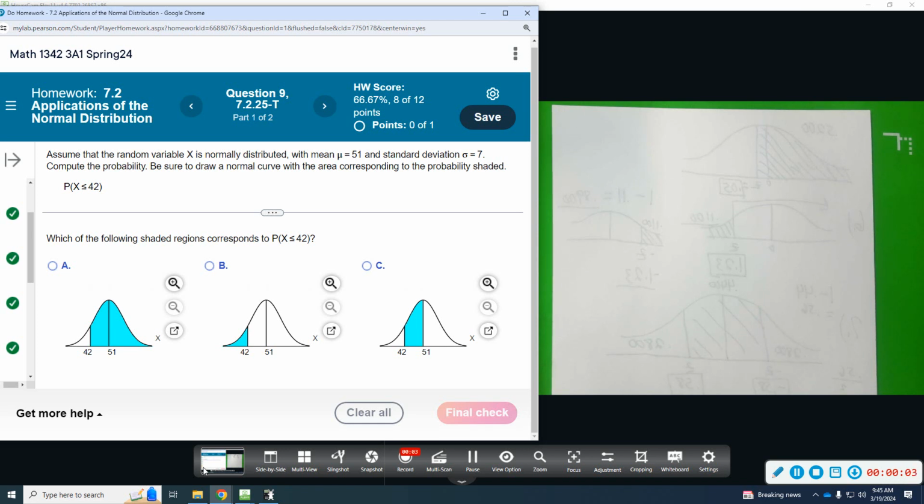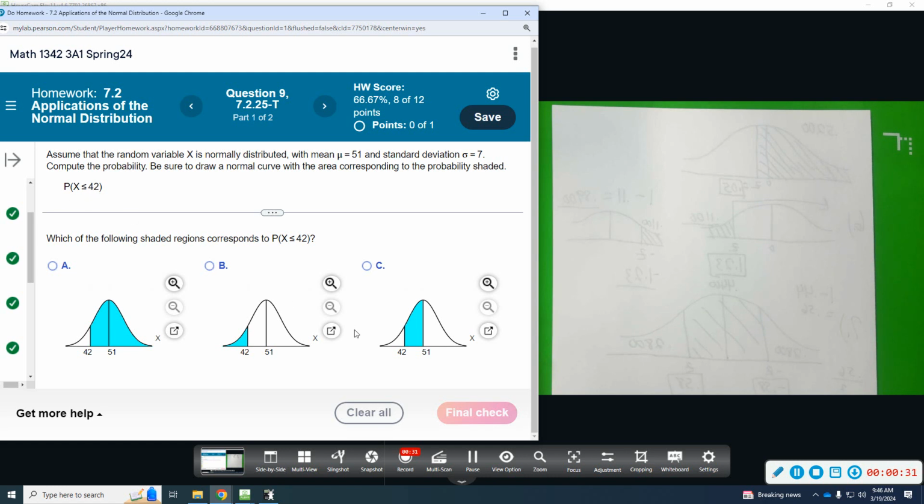All right, number 9, we got 2 parts. It says assume the random variable x is normally distributed with a mean 51 and standard deviation 7. We're going to compute the probability, and we're going to draw the normal curve with the corresponding area and the shaded probability. So this is asking us to find the area less than, to the left of